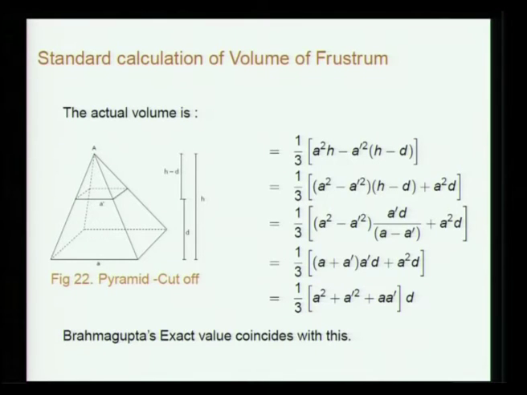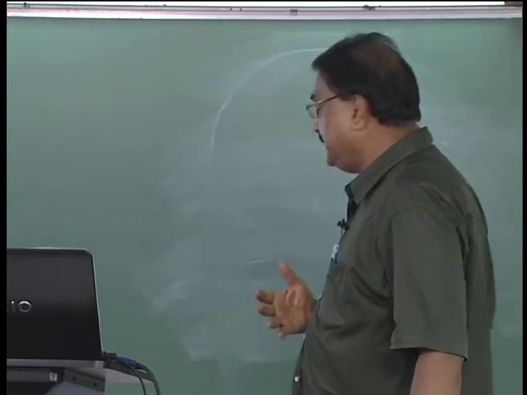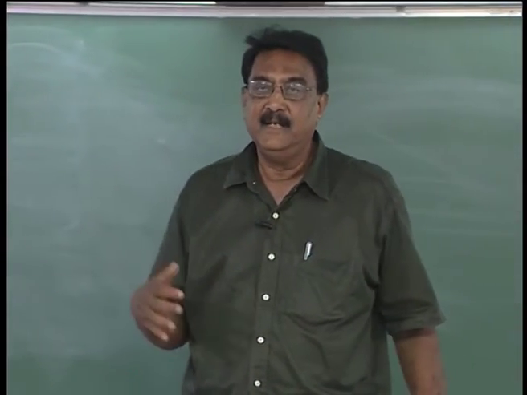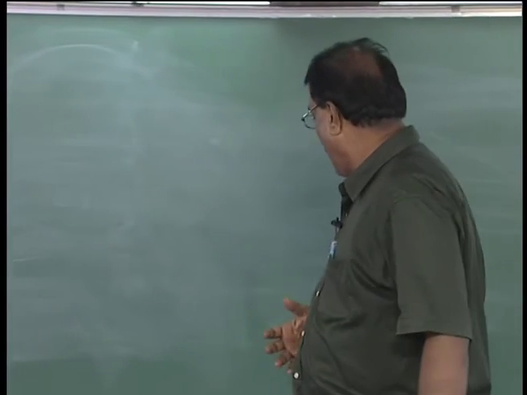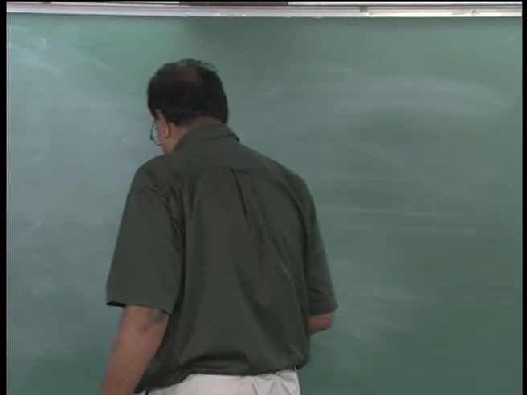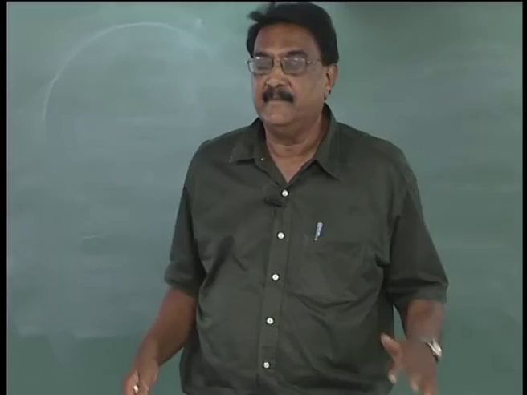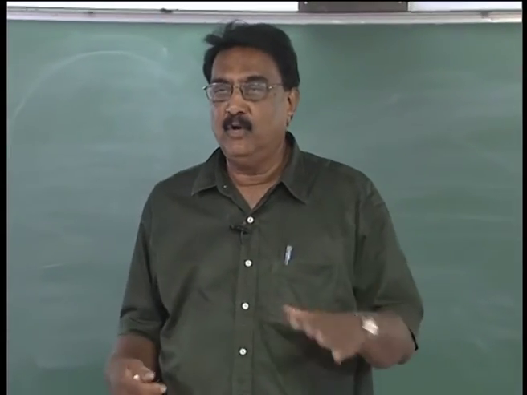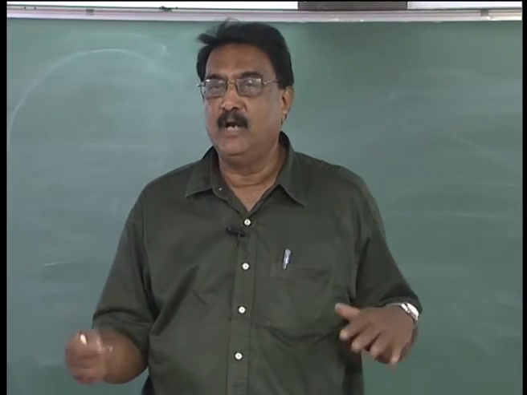In fact, why is it 1 by 3? In fact, he is saying that it is valid for all kinds of situations, he is not restraining it, but probably he may be thinking of some square or rectangle kind of thing, but actually it is valid for all kinds of situations. So, how do we understand it? How does one get it in the so called modern way, or even if you do not want to do the modern way, suppose you want to understand the volume.